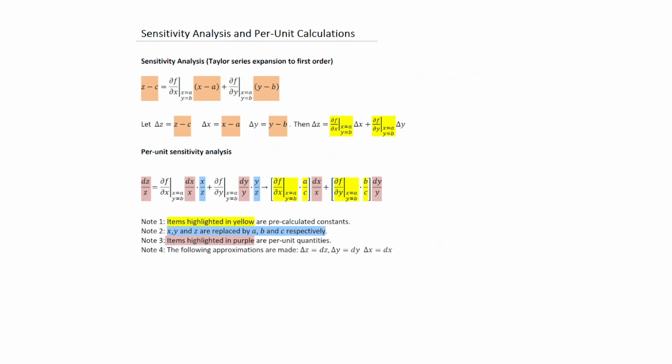All right, so now let's look at some sensitivity analysis and per unit calculations. So we use the Taylor series expansion to first order. And so all I'm doing now is bringing the c constant over to this side. So now z minus c is equal to this expression here. I'm going to let delta z be equal to z minus c, delta x being x minus a, and delta y being y minus b, in which case this expression here becomes delta z